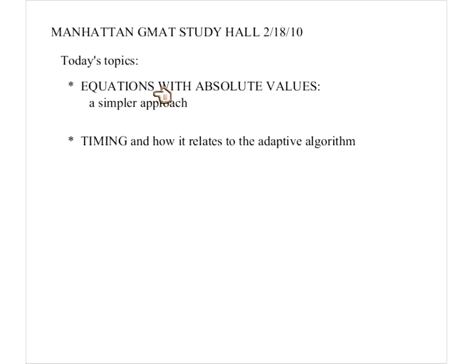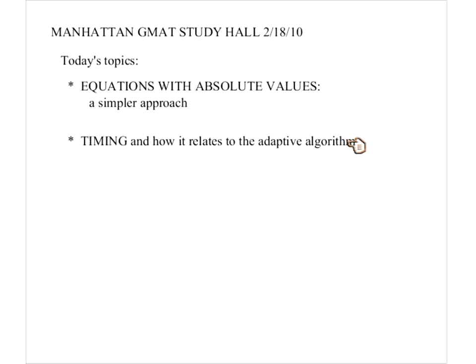So we're going to start with a review of the most basic possible facts with absolute value equations. And then we're going to look at how to simplify your life if you encounter such an equation on the test. After that, we're going to have a discussion of timing. This is also a very popular question that people have asked. We're going to start our discussion of timing around the quant section. We're going to shift over to the verbal after that, and then we're going to relate it to the adaptive